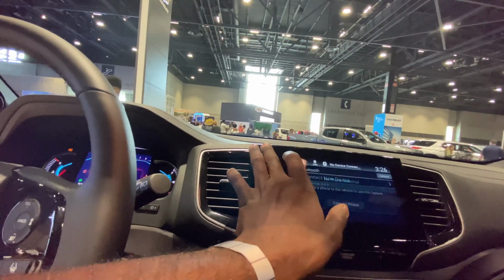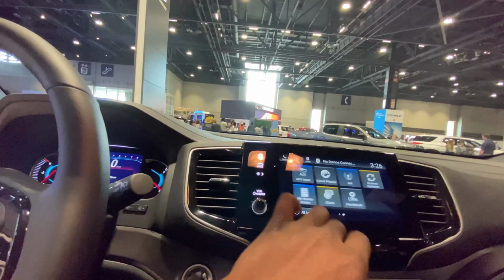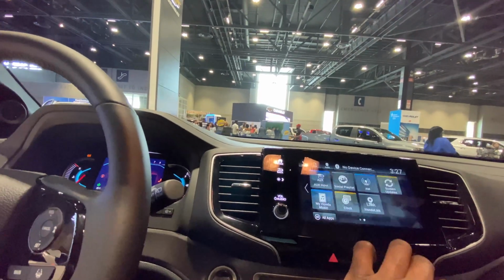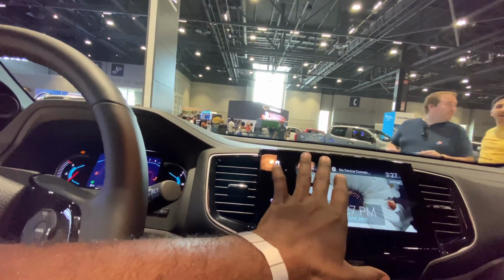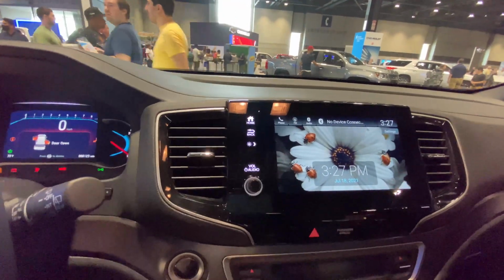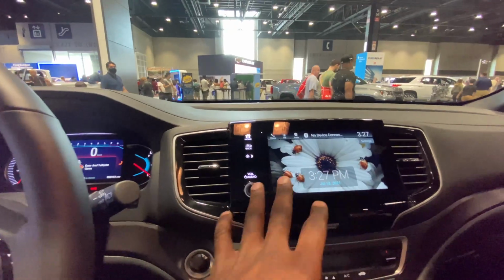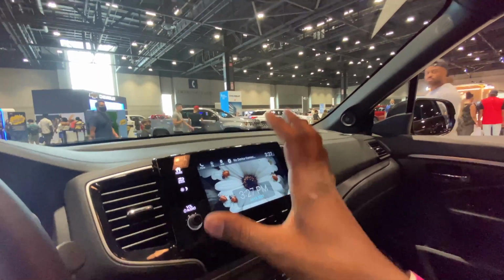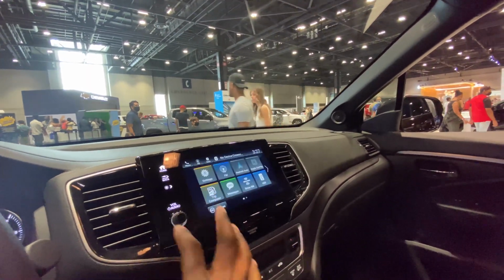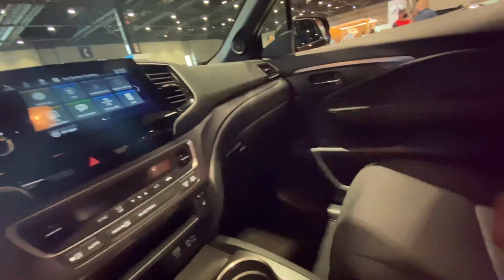Now, not a lot of places on the screen utilize the crispness of the screen. You use a tile layout. So when you are able to use it with a design like this, you can see just how clear that screen is. Granted, you won't get to enjoy that clarity that much because most of the screens that you use are going to look like this. So that's good to see that. Anyways,